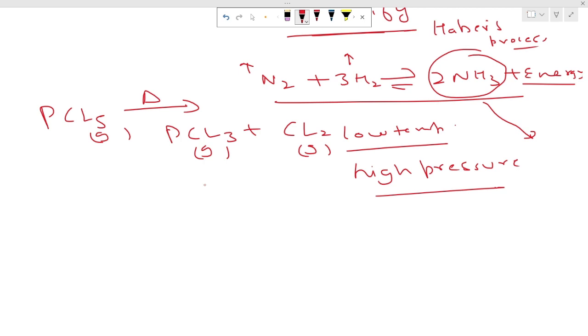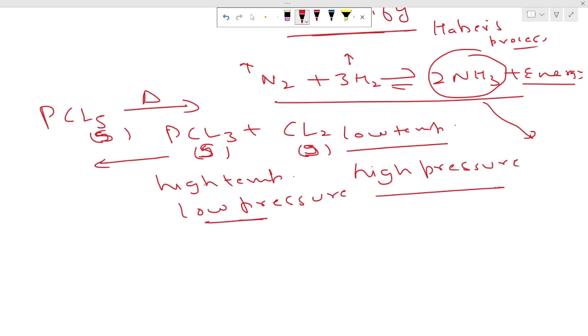This is phosphorus pentachloride, and then this is a solid, this is also a solid, and this is a gas. So if somebody asks what is the favorable condition for this reaction, the favorable condition is obviously high temperature and low pressure, because if we increase the pressure, the reaction will shift, since on this side the molecules are decreasing, and the reaction will shift in the backward direction. So low pressure is favorable for